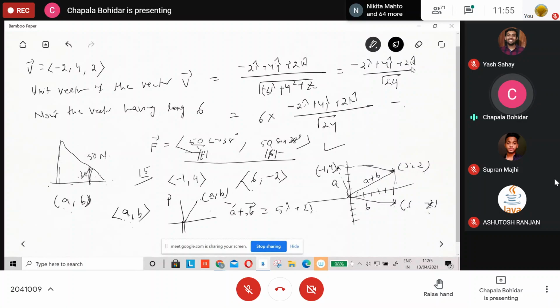The relation here is both are in R2, and here it is the coordinate system. It is having two coordinates, A and B, and one is the position vector. This one is the position vector. So both are in R2. The relation is both are in R2. One is our position vector. Which question? Yes, ma'am, that is your question number 2.